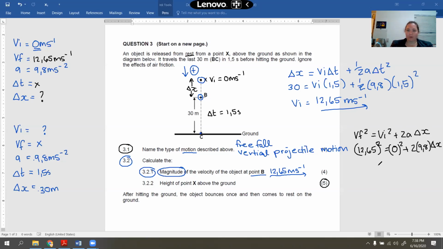Please, very importantly, if you had got the wrong answer here and you substituted it in there, you should be able to get every one of your 5 marks. This is very important because a lot of people lose out on marks. They can't solve the first problem, so they throw away 9 marks. My advice to my students is if you can't solve the first problem, write at the end and go, wow, the velocity was 3 meters per second. Pick a number, any number, but write in a value there